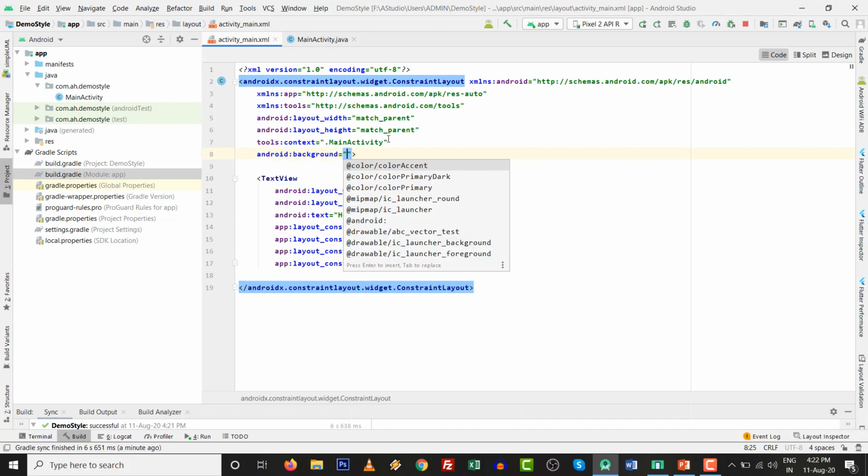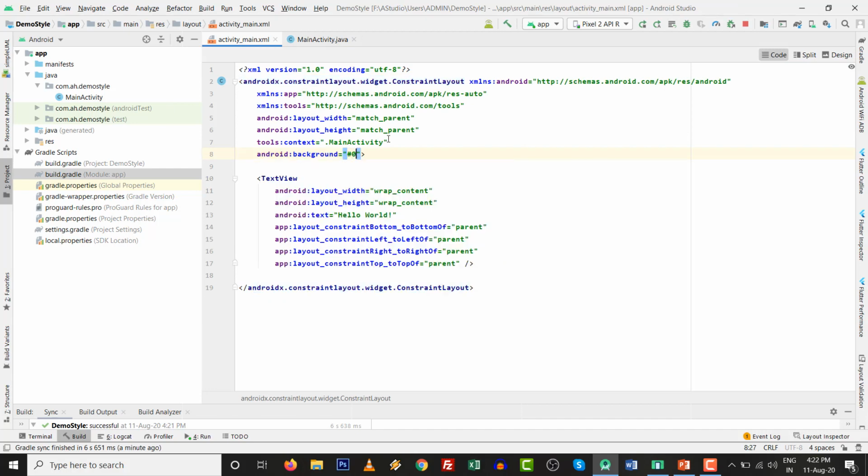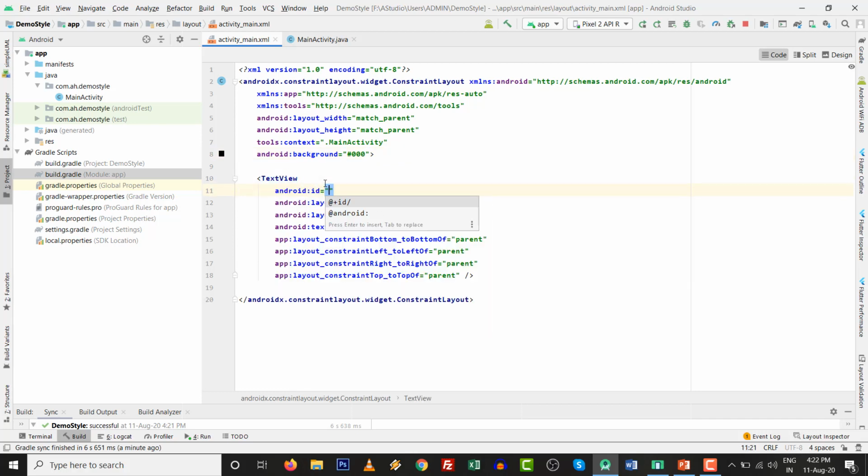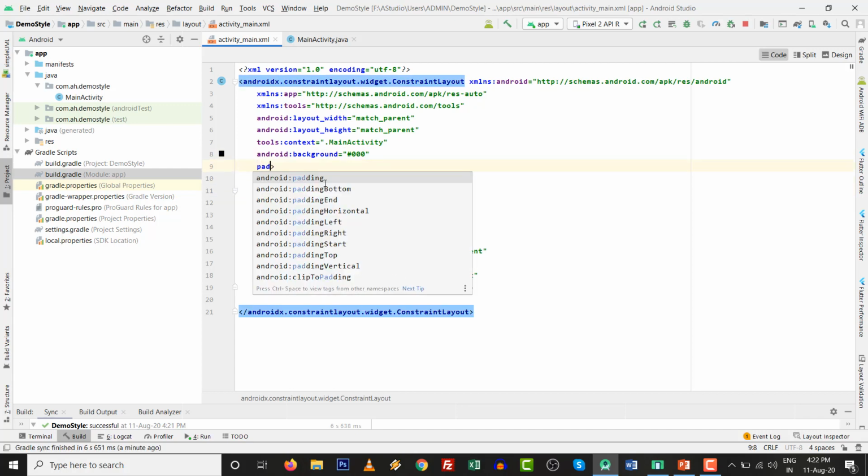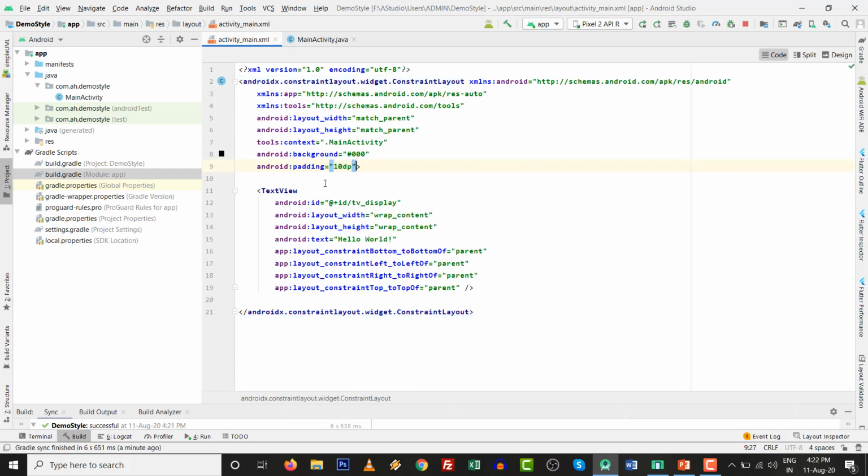First I make the background black, and after that I also give the ID, @+id/, and give the name tvDisplay. Inside that I set the padding of 10 dp.